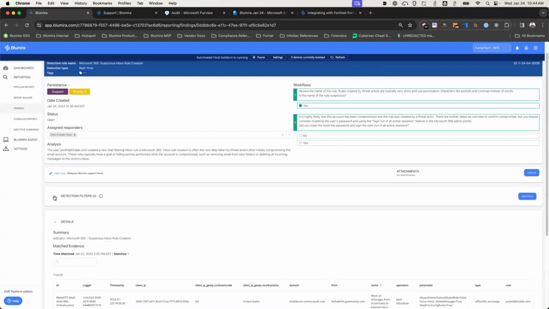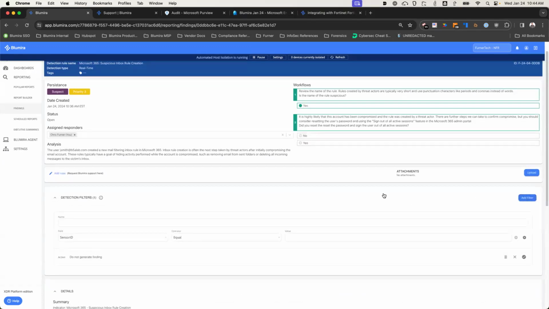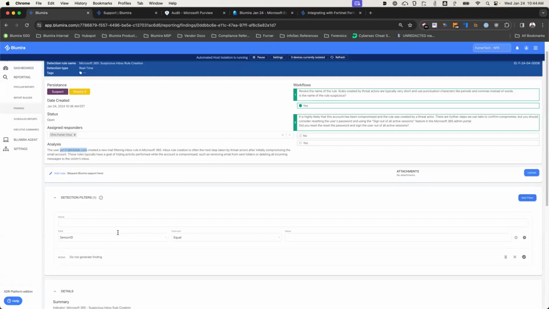Other tools we have in here are detection filters. This is a way for you to say, okay, maybe this user is going to create inbox rules all the time, and we're confident that we've got good security controls on their account. We're confident that we're not going to have a breach in this account, and we don't want to get this noise. So we could say, okay, if the user that triggers a detection rule is this user, then we'll give it a name,